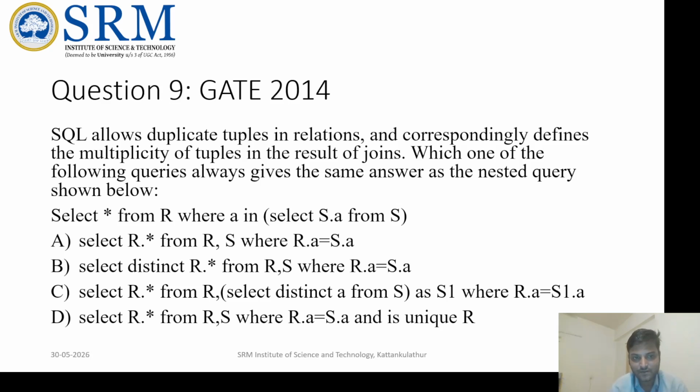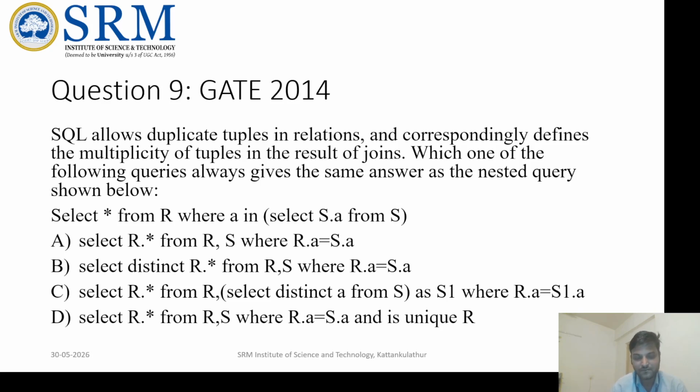So, in this question, it's a little bit complex question, came in 2014. The question says that SQL allows duplicate tuples in relations and correspondingly defines the multiplicity of tuples in the result of joins. Which one of the following queries always gives the same answer as the nested queries shown below? The nested query is like that: select star from R where A in some inner query, select S dot A